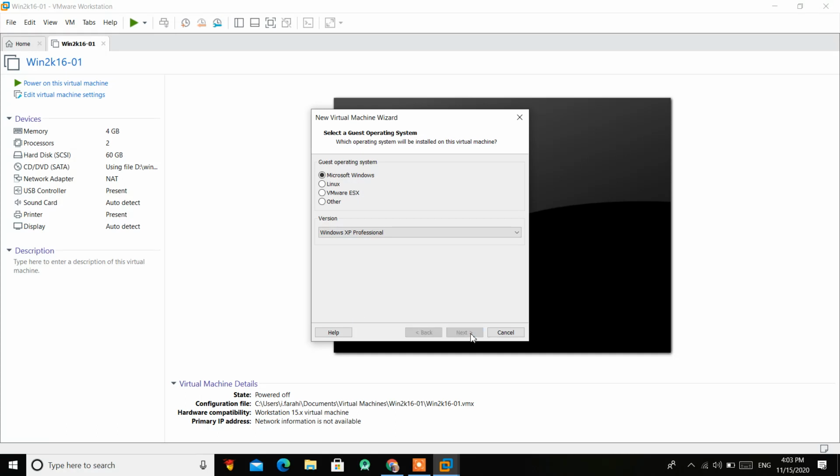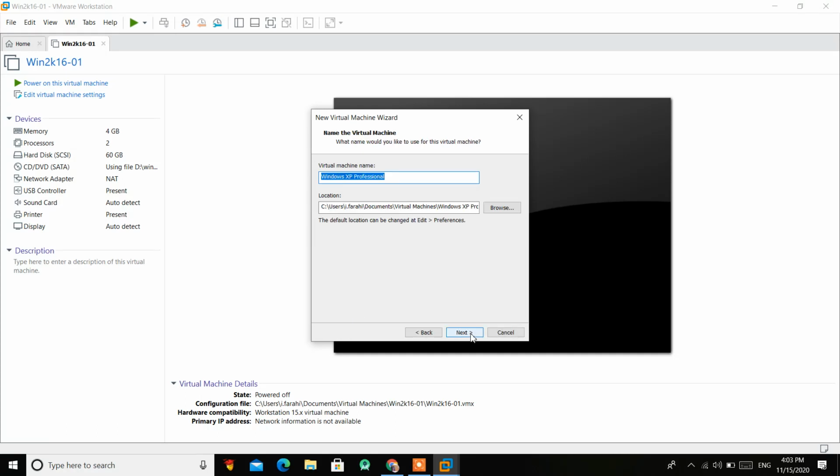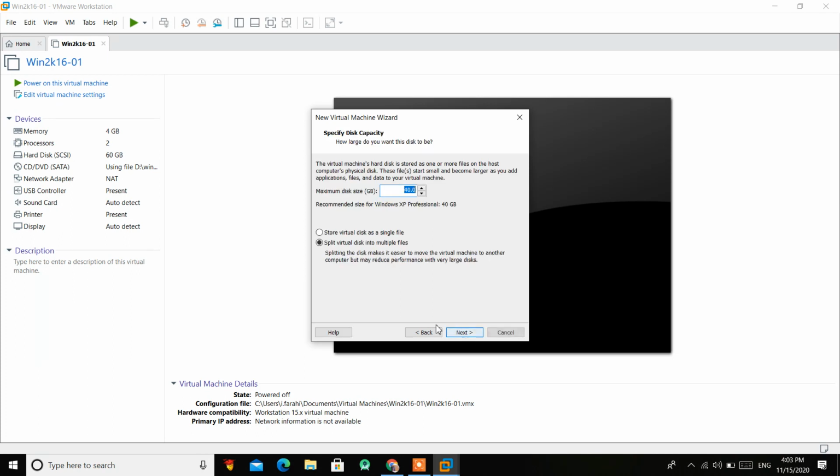Click next, and here I write my computer name, for example, RB-Farahi, my family name. And here is the location of my virtual machine on my host computer. Name the original computer host computer. Next, and here you define how much